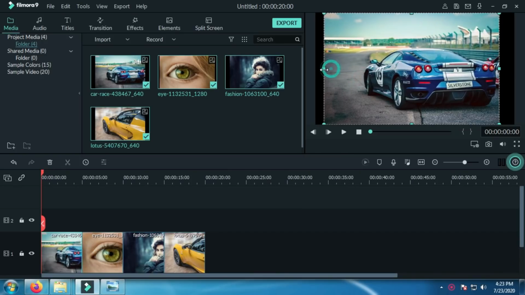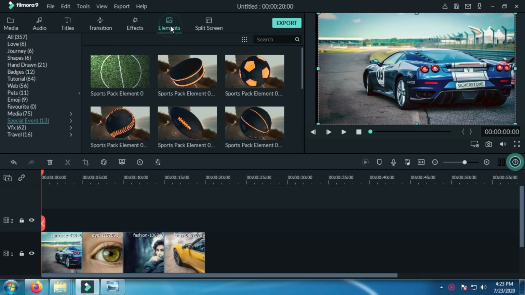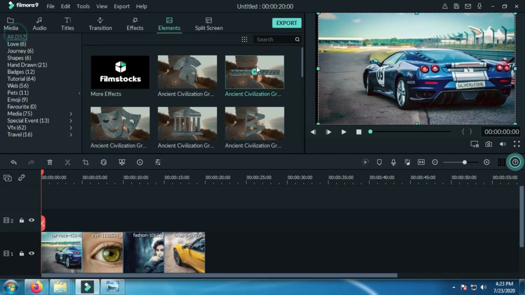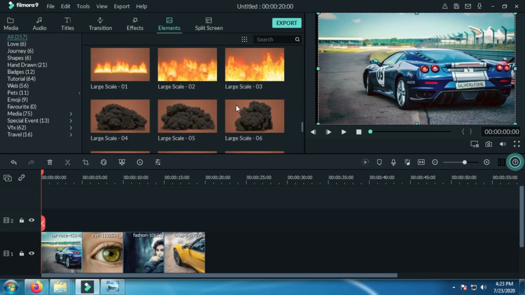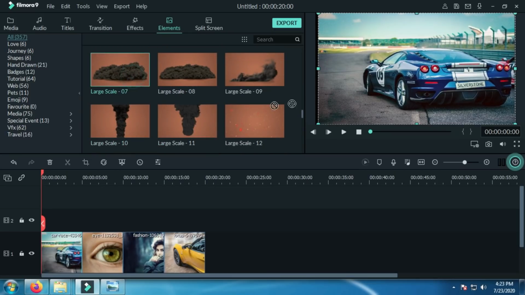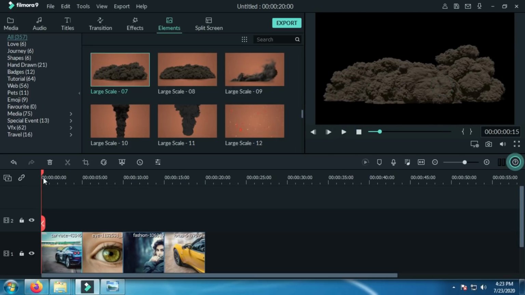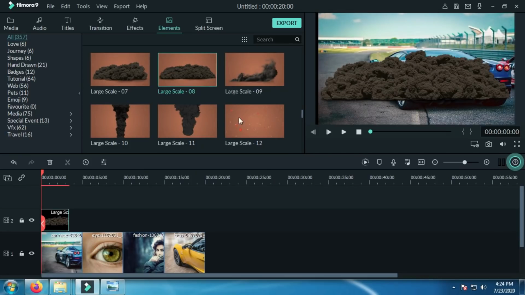And let us see how to use these elements. Just I'm importing some photos. Just drag and drop here. I'm adjusting the width. Just go to elements. I'm adding some elements. Okay. This blast effect.